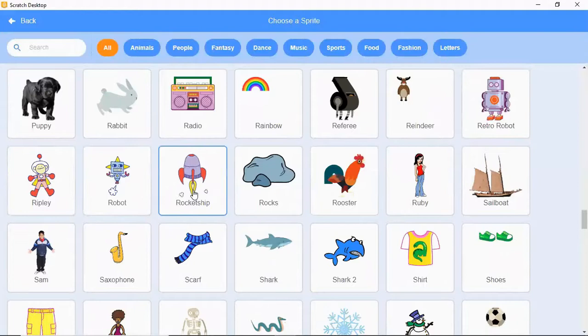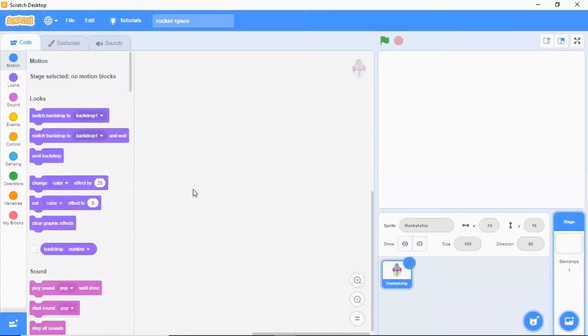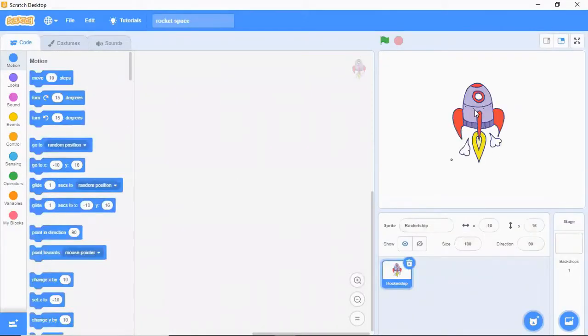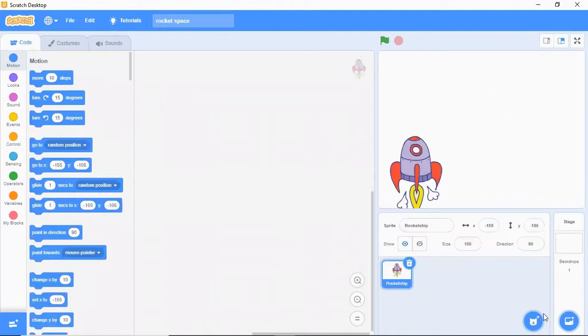Okay, it's here, rocket ship. Click. Okay, this is my first sprite. Now I'll take the second sprite.